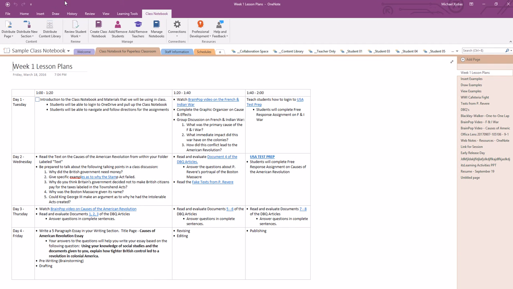Next thing I'm going to show you is the Class Notebook add-in. The Class Notebook add-in is totally free. You can get it from onenote.com/classnotebook. What's great about this is when you set up your class notebook, you initially have your welcome tab here,